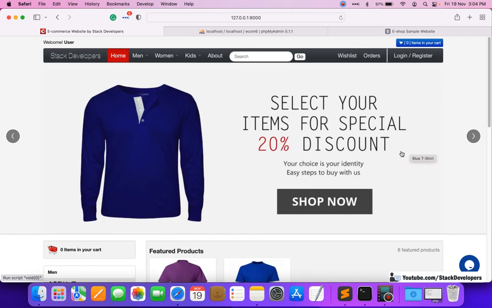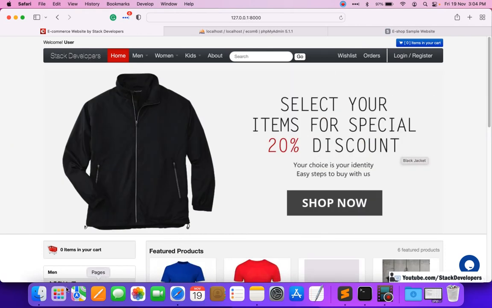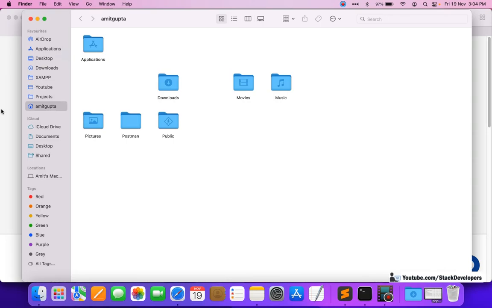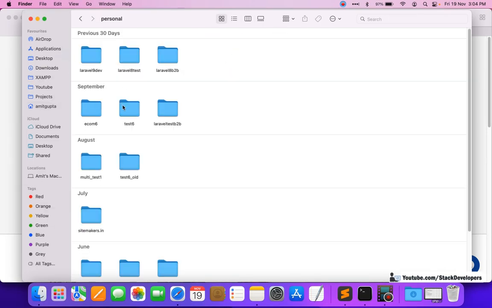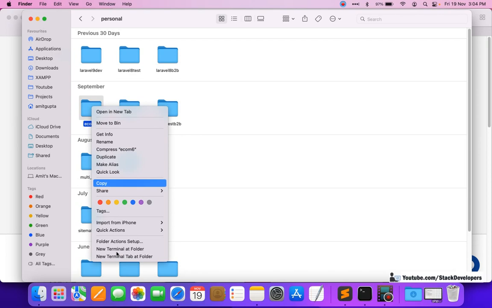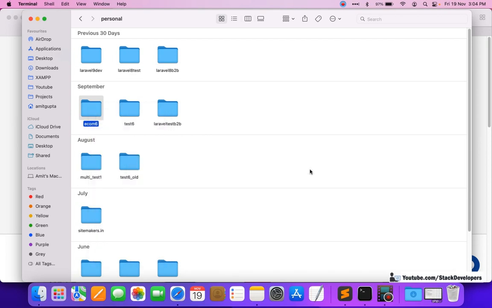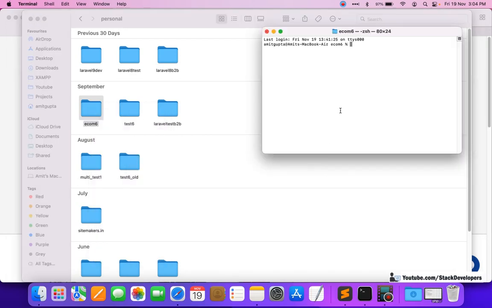Let's start creating the table. First of all, I'm going to run a few commands, migration commands. I will go to my folder, here it is, my folder ecom6, new terminal at folder, and the first command I'm going to run here is php artisan make